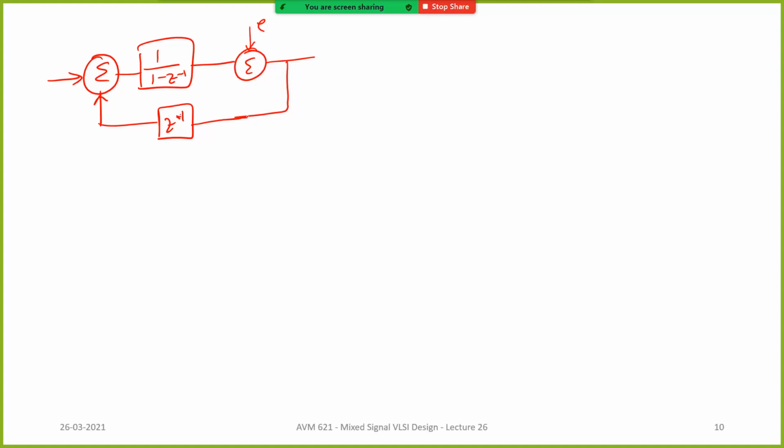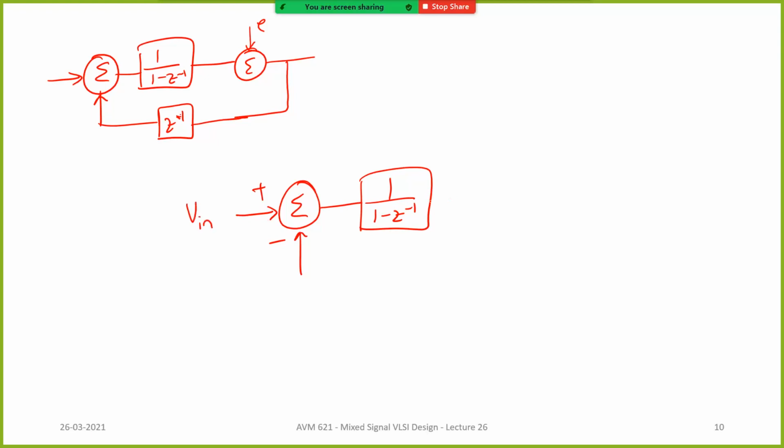Let me explain like this. Can I put this delta sigma modulator itself inside one more delta sigma modulator? That is to say, I am not happy with the noise performance that I'm getting, I want to get even more. So I'm going to construct one more first order type delta sigma modulator. You have the summation, this is your V in, and this is where your quantizer is placed.